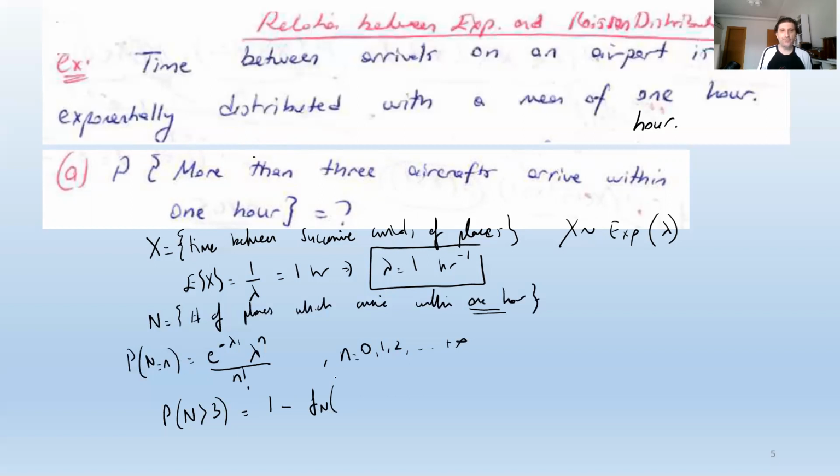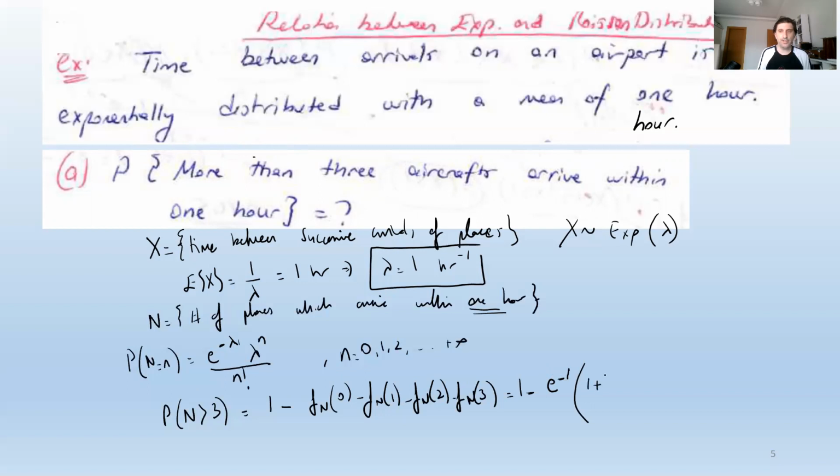Because I have two random variables, I write the probability mass function with a subscript here. This is going to be 1 minus f_n(0), minus f_n(1), minus f_n(2), minus f_n(3). So I'm going to write all these values. It's going to be exponential of minus lambda, where lambda is equal to 1, so exponential minus 1. And here I'm going to write all these values one by one.